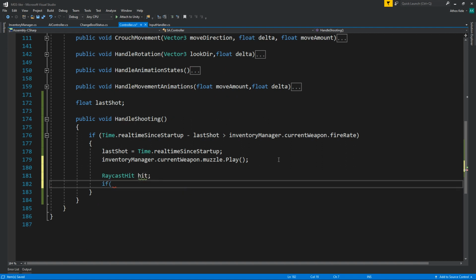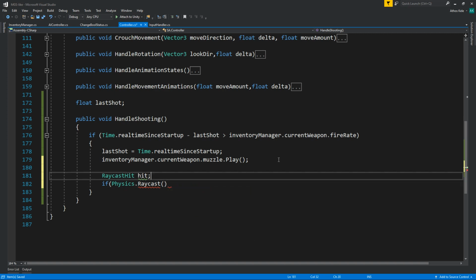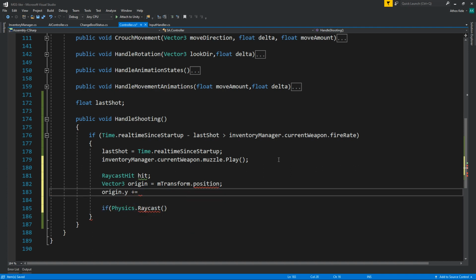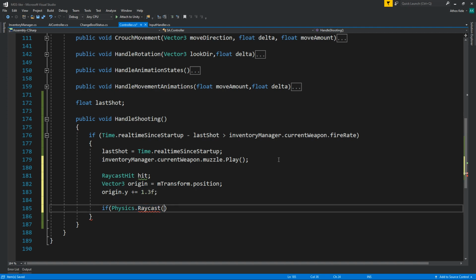If Physics.Raycast, origin.transform.position, or better yet, origin.y plus 1.3f or something like that, origin.transform.forward,